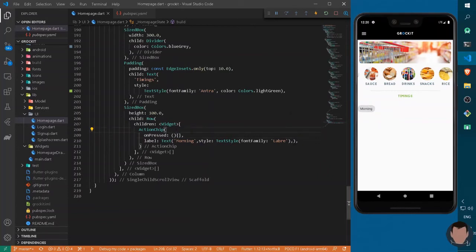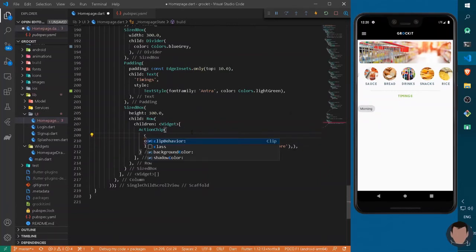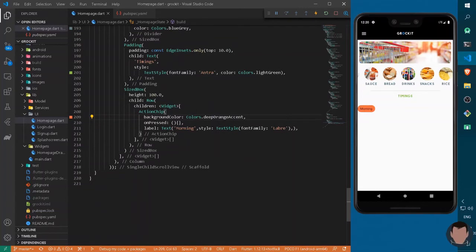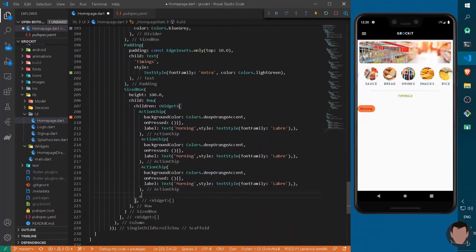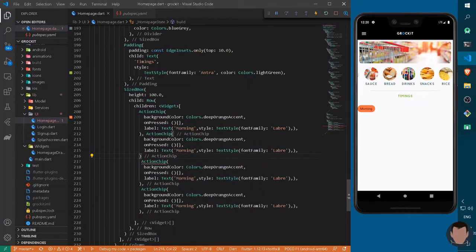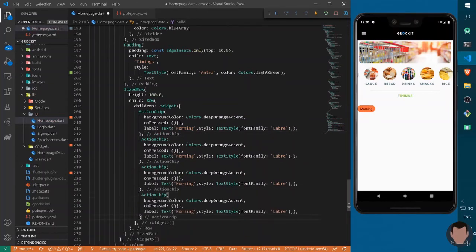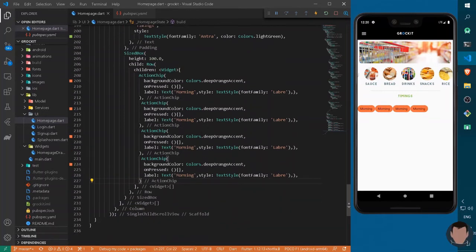So we can also do one thing, that is color action chip, so I can write background color, so let's give it some morning color, that is deep orange accent. Cool, now let's arrange other chips, so I can just copy this once, paste it here. Okay, so let's change it, so I can write here